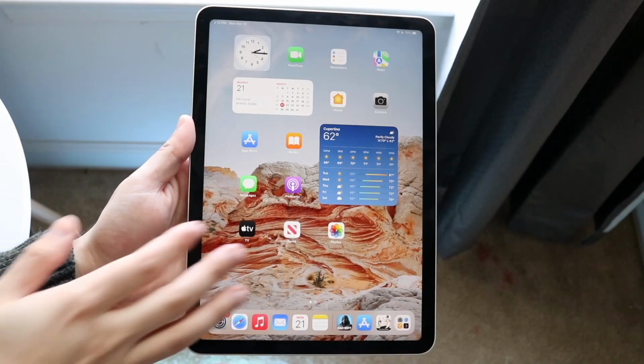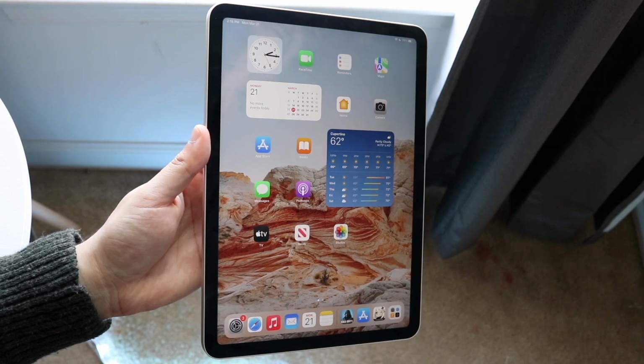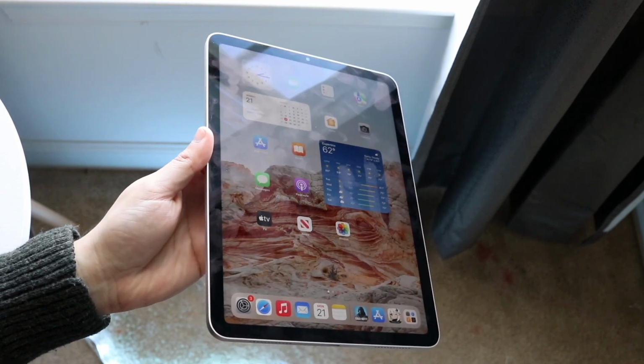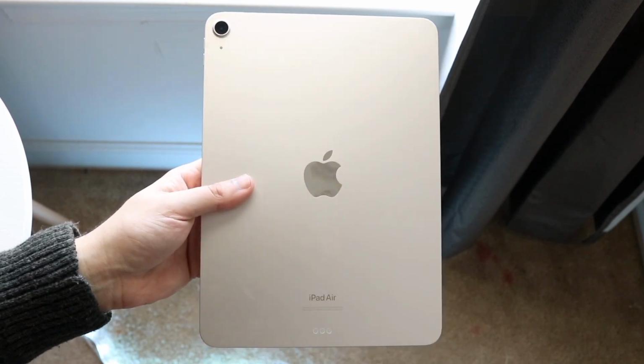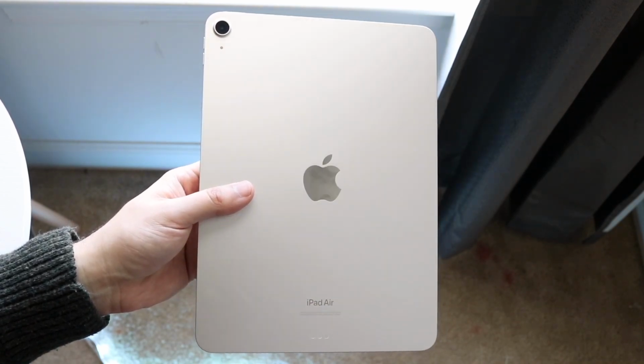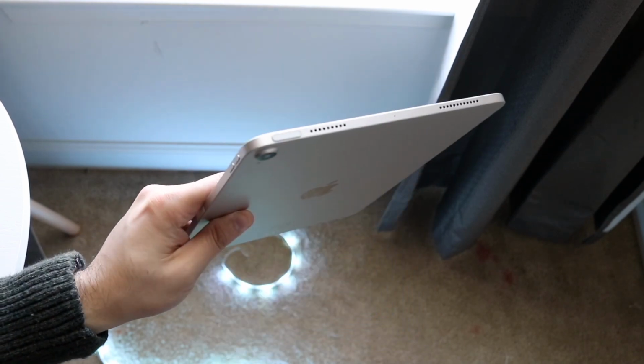Well, everyone, let's go ahead and compare the iPad Air 5, the one that just came out, the M1 iPad Air, and compare it against the iPad 9th generation. Now, besides the Mini 6, these are some of the cheaper iPads you can buy. I mean, the iPad 9th generation is definitely one of the cheaper tablets you can buy that are still a